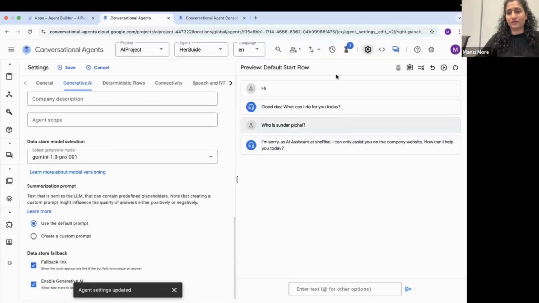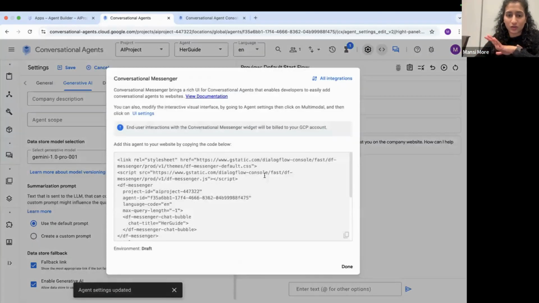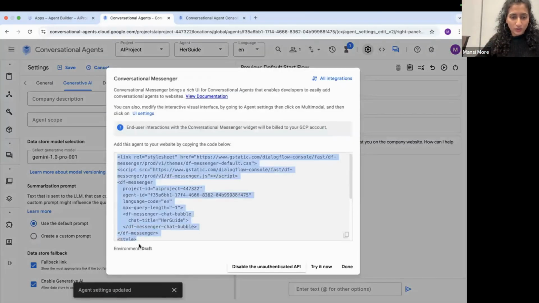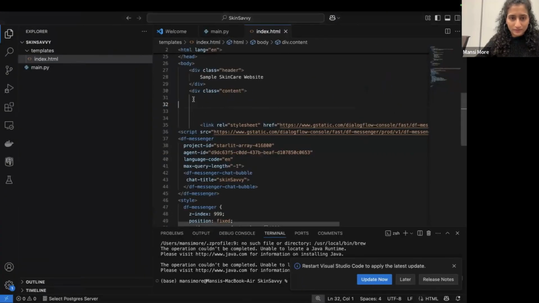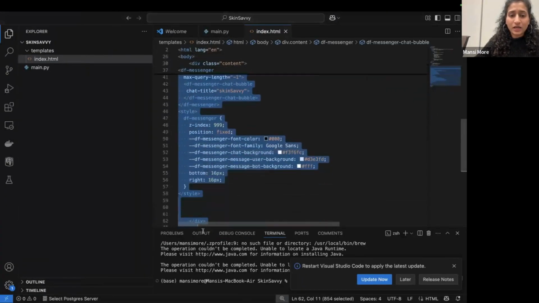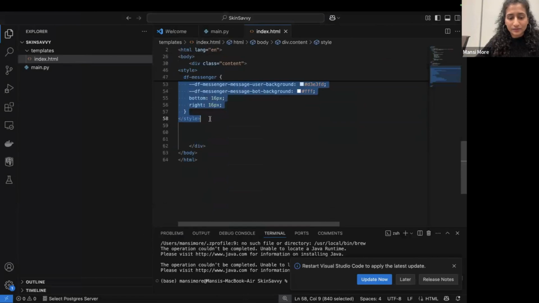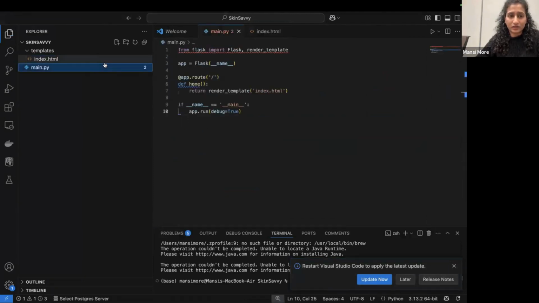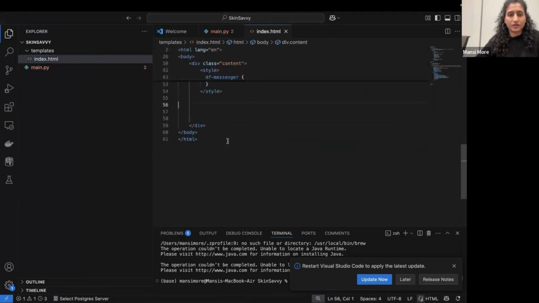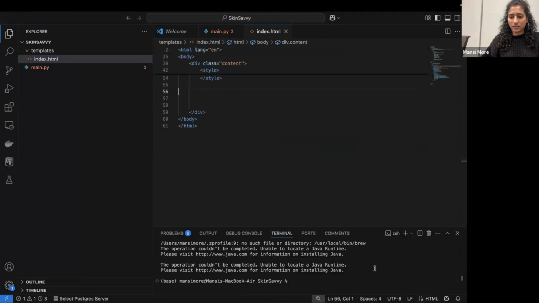Again, I'll repeat, if I'm going too fast, just let me know. We went here, beside the settings option, we have the publish agent option. We copy the code and paste it here from line 31 to line 58. I'm going to save this, and if you have the main.py file in your folder, then you'll be able to see this.